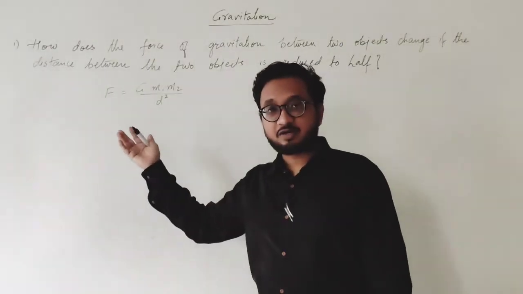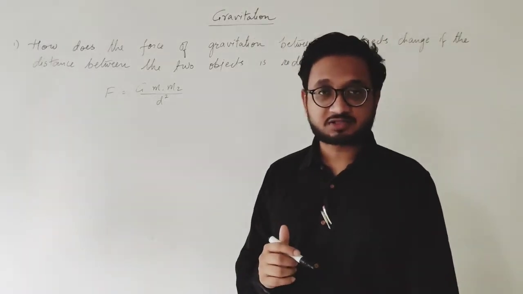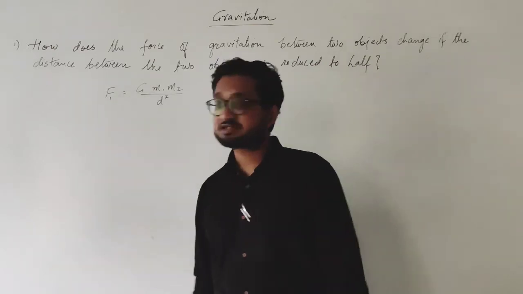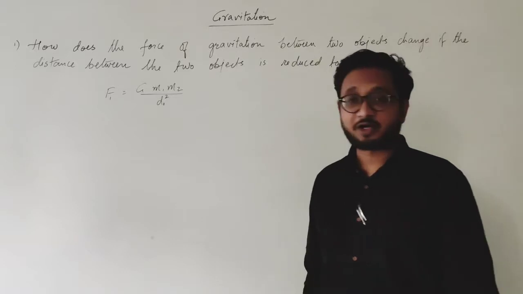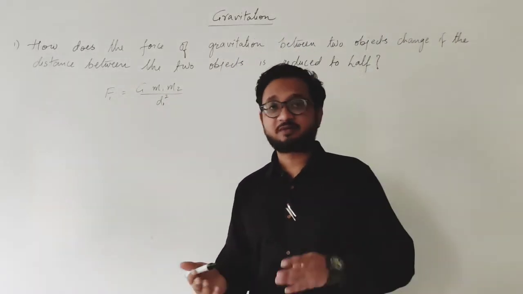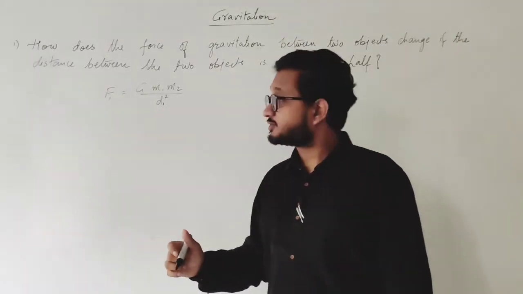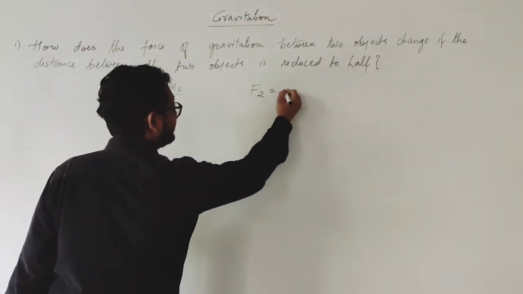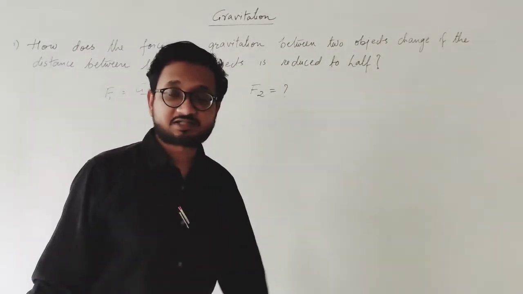So this is the formula from the universal law of gravitation, where G is the universal gravitational constant. Okay? So we are naming this force as force 1, F1, and we are giving this distance as distance 1, d1. Of course the objects are same, mass 1 and mass 2, that is why their masses are not going to change, but the distance is changing. So we need to find the second force F2.